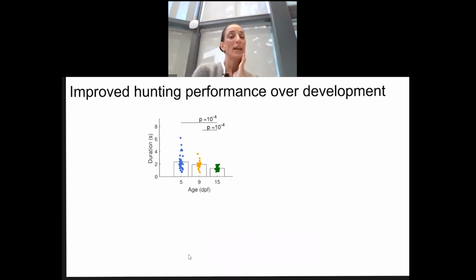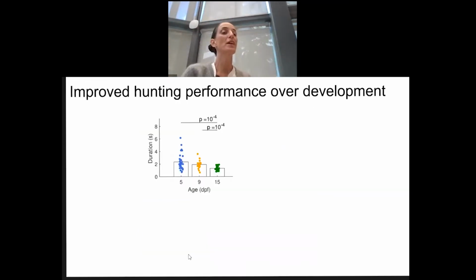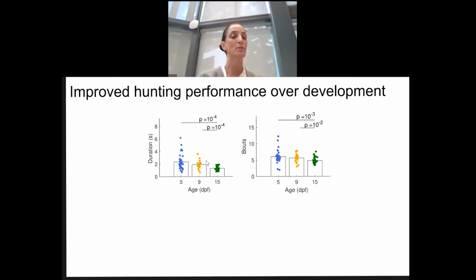Okay, so we first asked whether these fish are born with this ability. Perhaps they don't even improve, and then there's nothing to learn about development, right? So I first asked, do they improve their hunting performance? We looked at them at different days post-fertilization, which is how you age them. We looked at them at day 5 and at day 15, and we looked at the durations of these attacks. What we saw was that the duration of the attacks got shorter as the animal develops. So they become more efficient at executing this behavior.